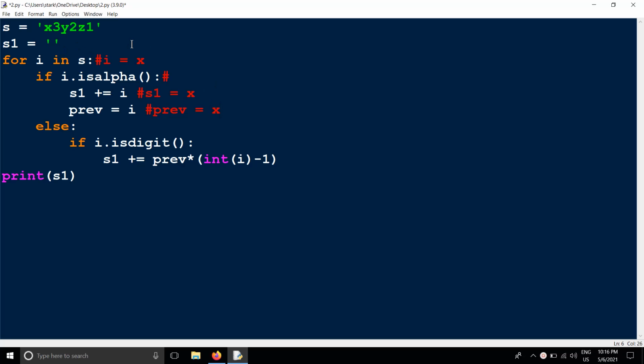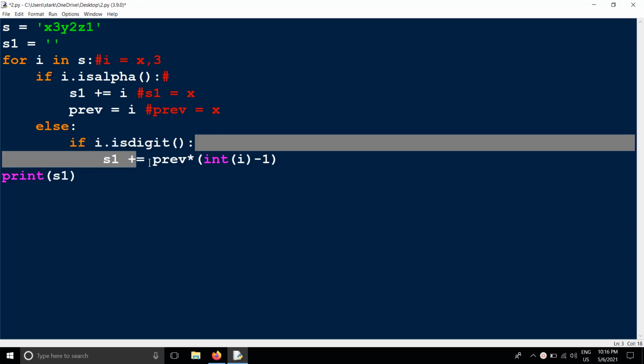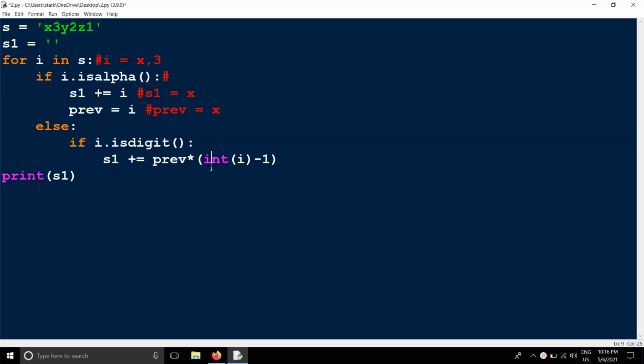And then we are going for the next value. x is completed, it's going to i is equal to 3. While taking i is equal to 3, if 3.isalpha, is 3 alphabetical or not? No, it is false, right? So it will move to the else block. In this we are having if i.isdigit, the i value is 3. Is 3 a digit? Yes, so now it is true and it will come inside the conditional statement.